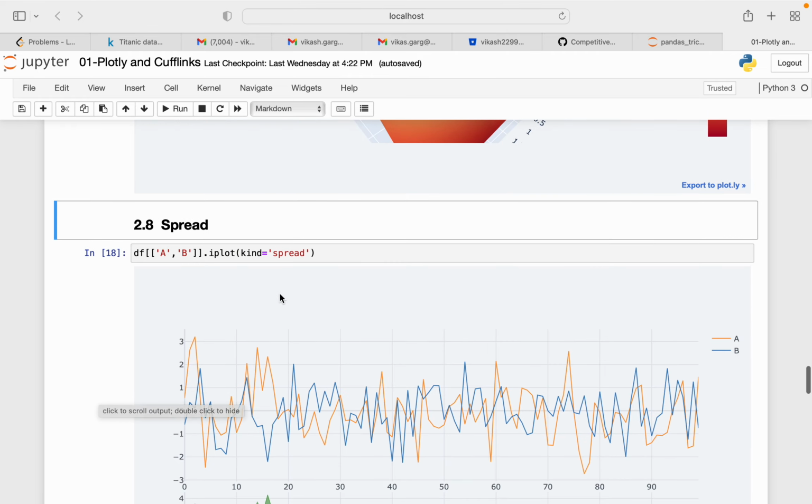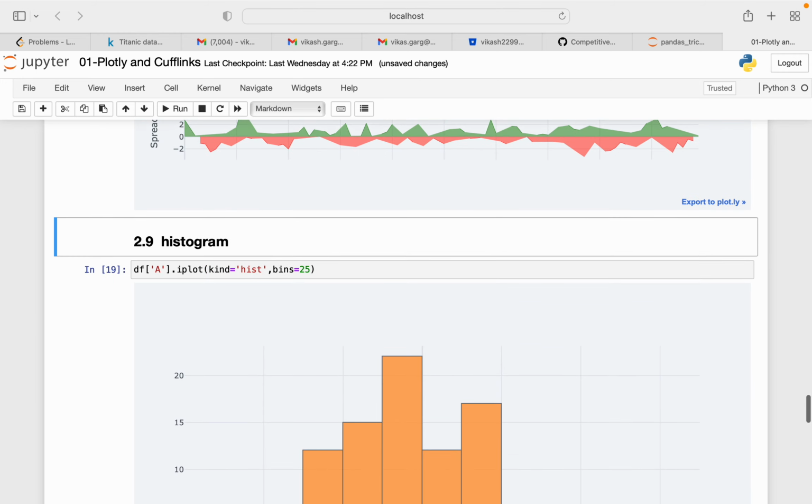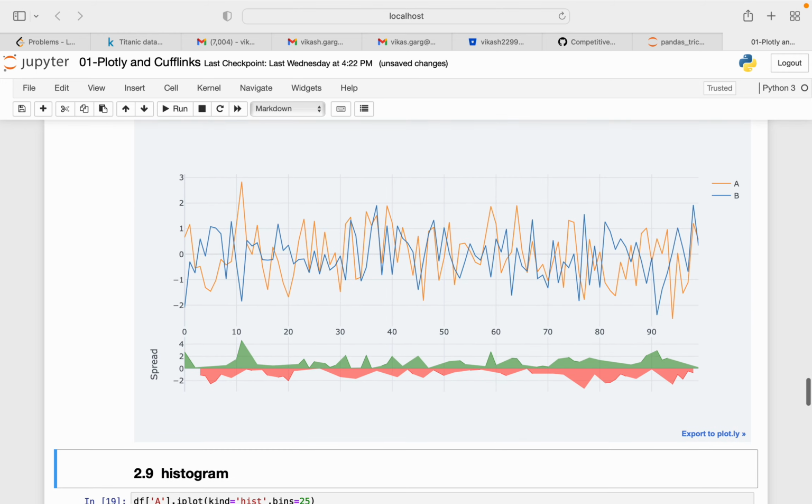Now if you want to build the spread plot, it's basically, you can say, a kind of curve, which you might have seen in an echocardiogram while performing. So you need to simply pass the columns that you want to plot, and in kind you need to pass spread. So you can see these are the kind of values you'll be getting. When you hover your cursor over it, you'll get the values. Here I'm having larger values, here I'm having smaller values, like that.